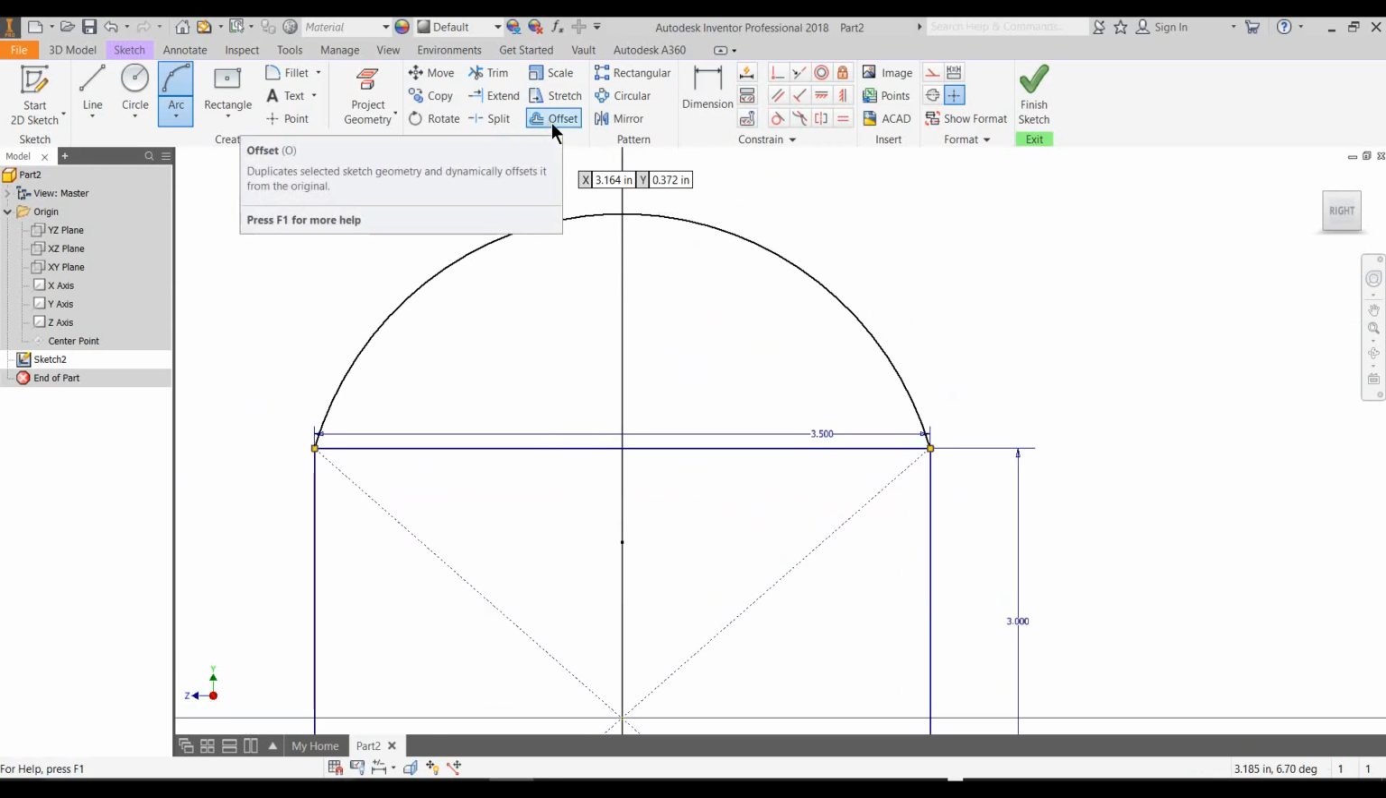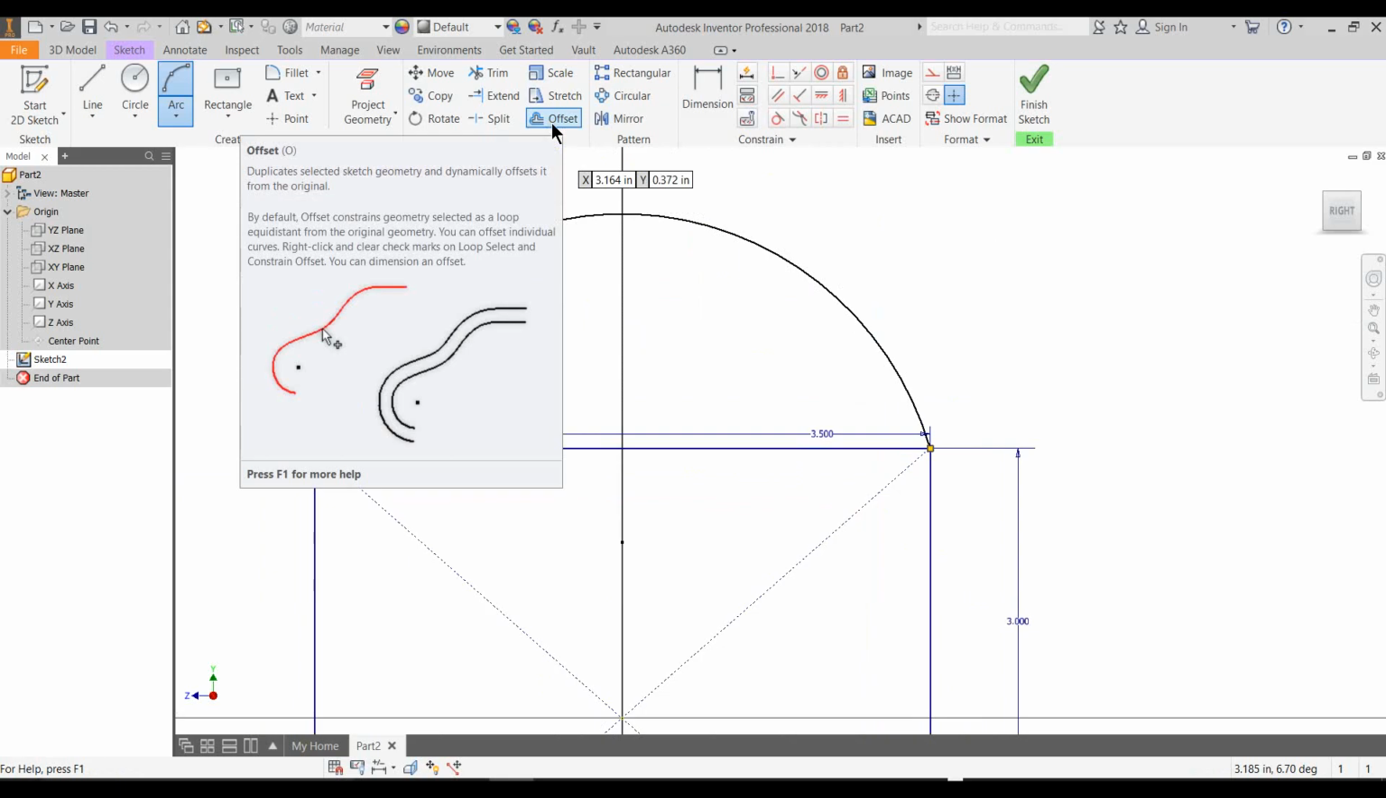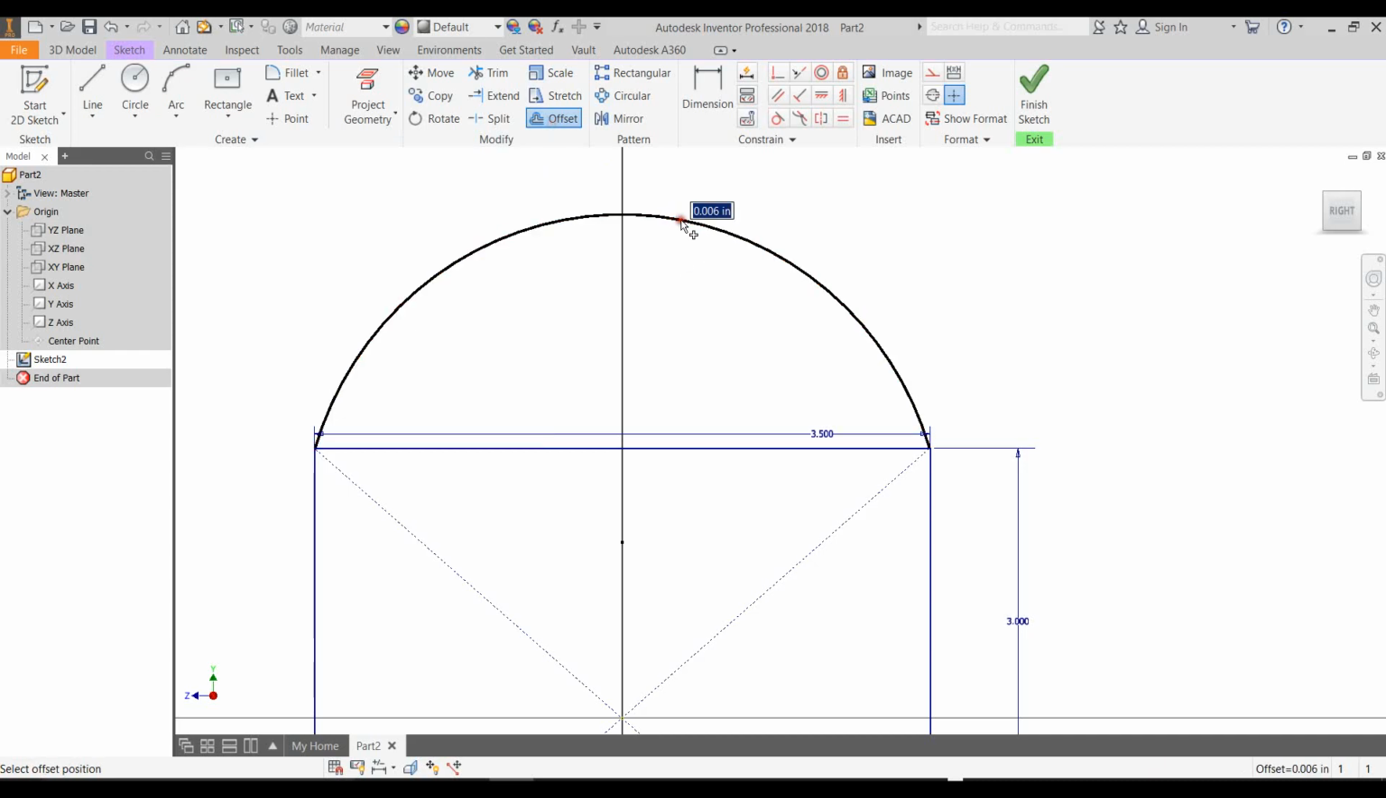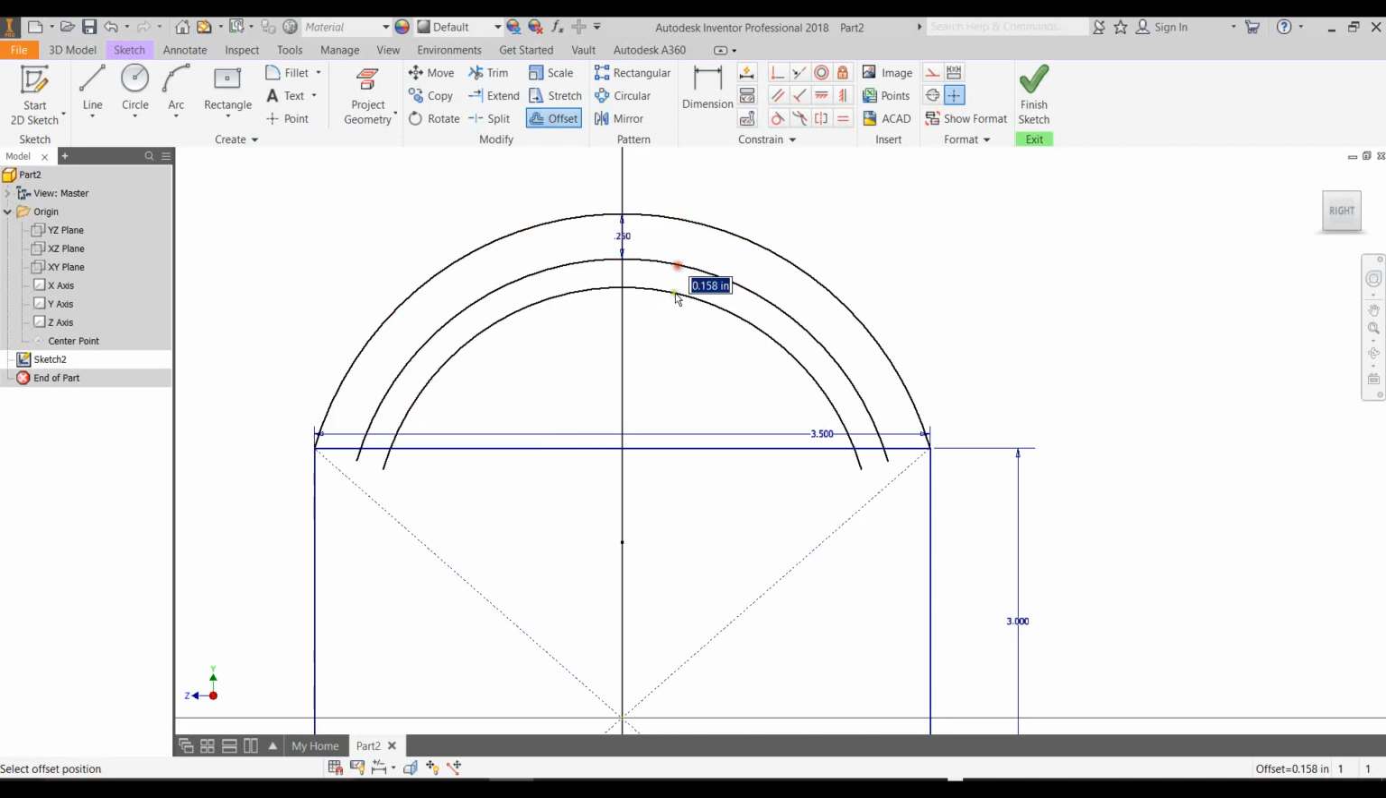We have offset. You should be recognizing a lot of these tools from what we had in CAD. It's very similar. So let's go ahead and offset this in, I don't know, 1/4 of an inch. Try that out again. So you can type in dimensions as you're creating it, or after the fact,